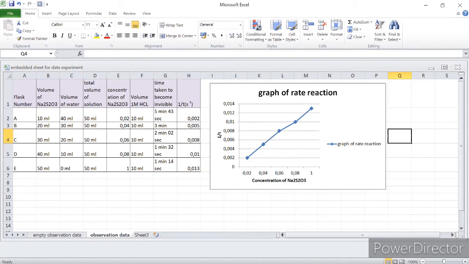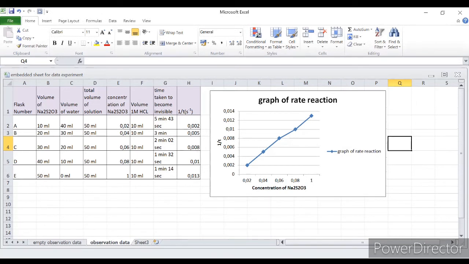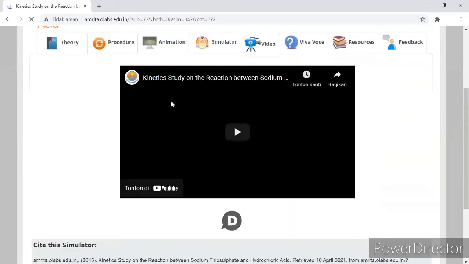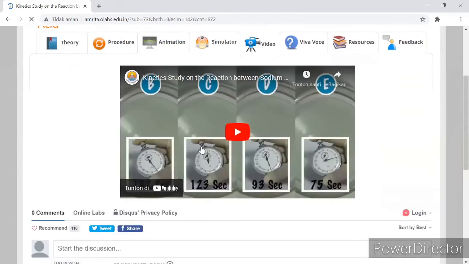After we got the conclusion, we can end the experiment, and we can jump into the video of the actual experiment,